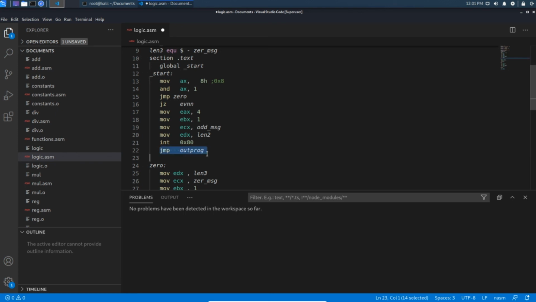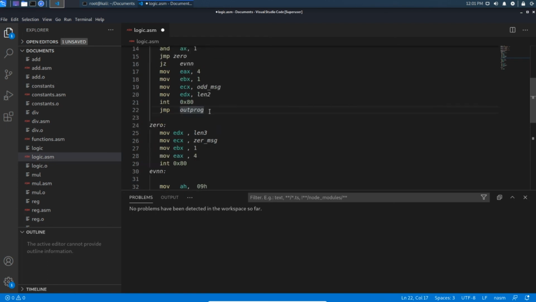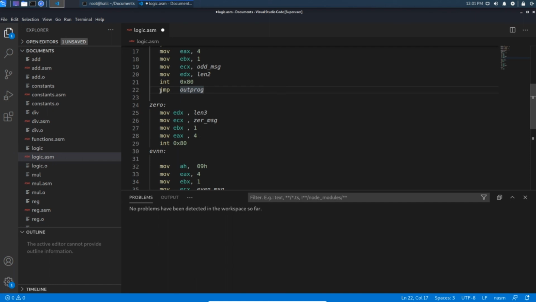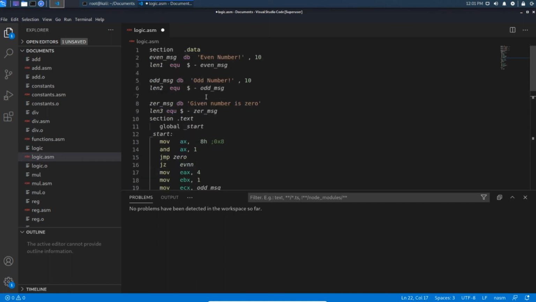So JMP out_program: for proper exiting of the program, we use JMP out_program to exit our program successfully. So the JMP instruction is an unconditional jump. This is the example for conditional and unconditional jumps.